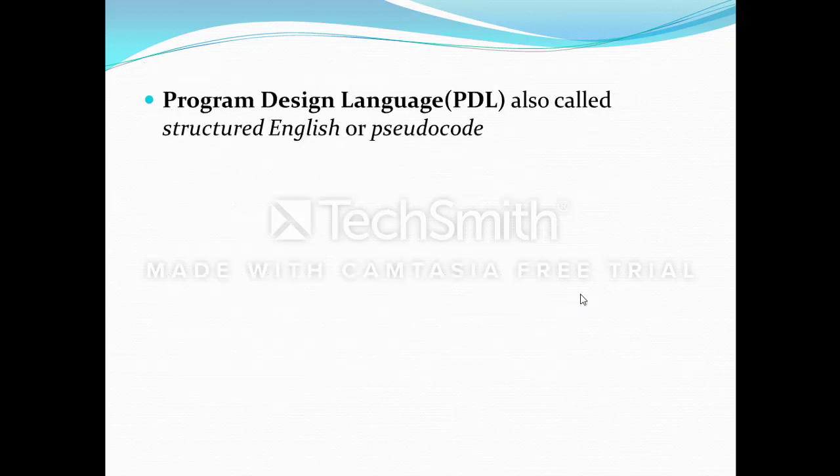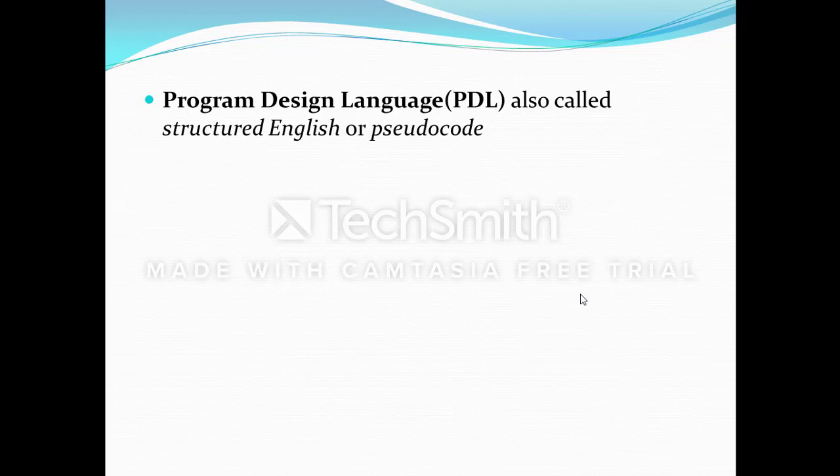Next, program description language, PDL. It is also called structured English or pseudocode. It is a logical structure of a programming language in the form of a natural language, for example English.